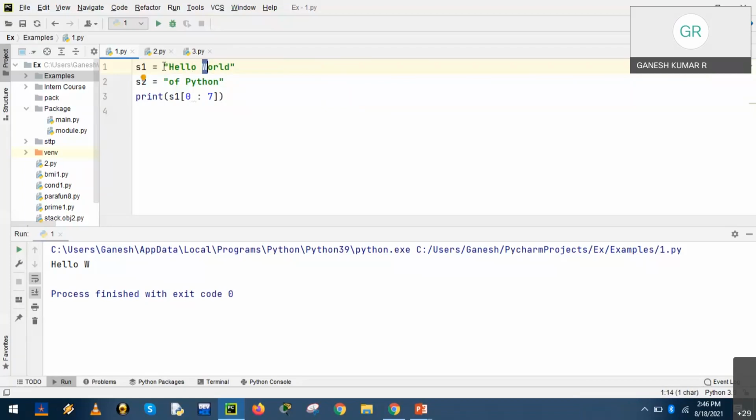So all the characters falling in the range of 0 to n minus 1 are fetched, collected, and displayed as an output.